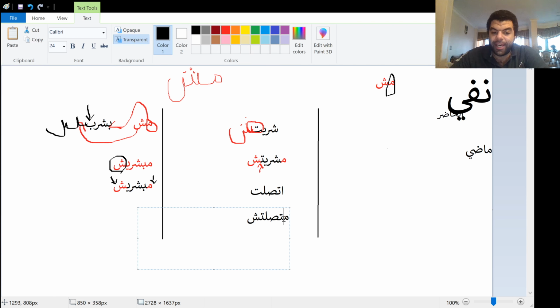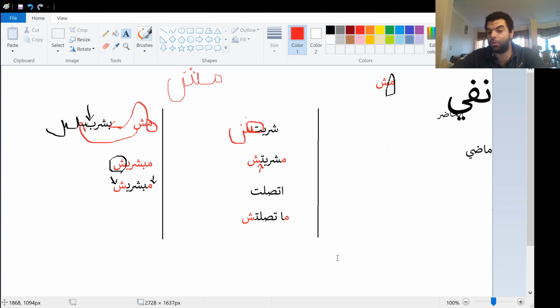You don't really have to add alif always, but in this case, let's add it to avoid confusion. And meme, we will turn it red, and sheen is red. Now, ما اتصلتش in a sandwich, okay? So what happened to the letters? Let's explain it. You can see alif is never connected from the left side. So meme alif becomes this thing on its own, with a little space. And then t had the same thing here, just like shiribt. And then it becomes sheen.